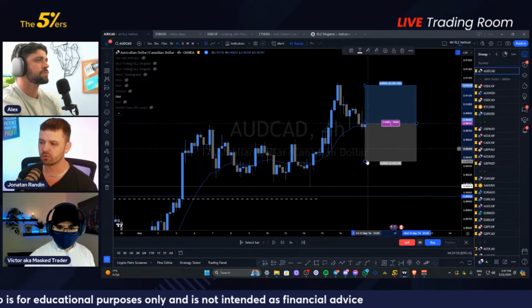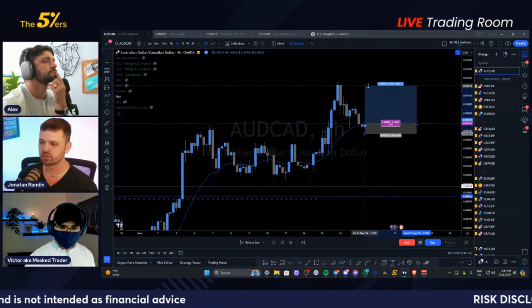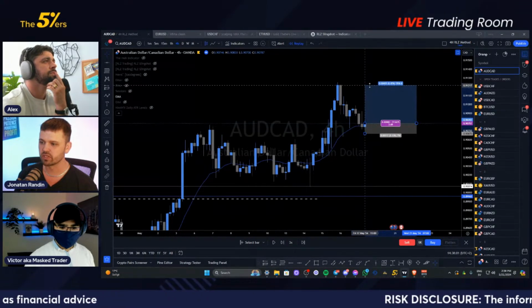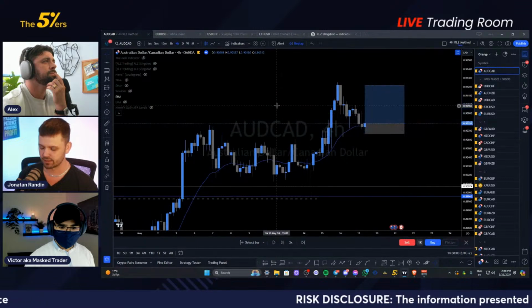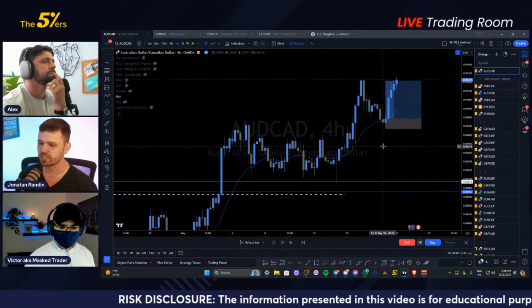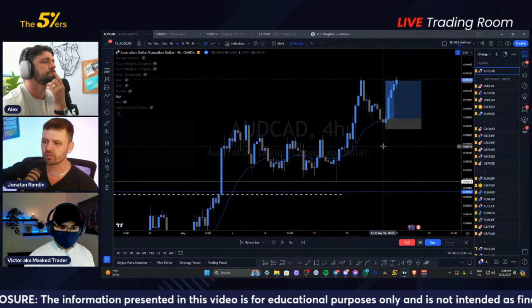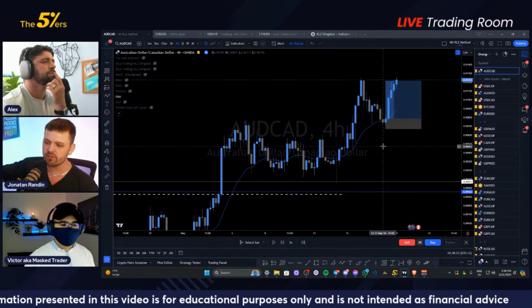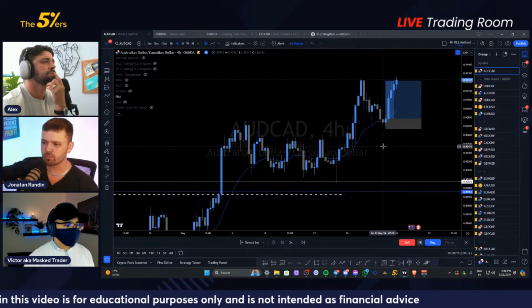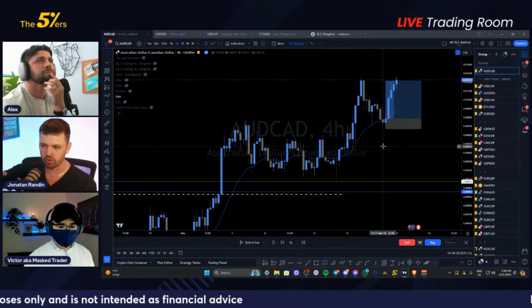We'll be entering on the bullish engulfing candle, stops below the structure that created the entry trigger, and then TP at the high. This is where EMAs become so useful because it removes the noise. So if you're looking for EMA confluence, that's good. But if you can try to strip your chart of everything and just focus on the things that are working,